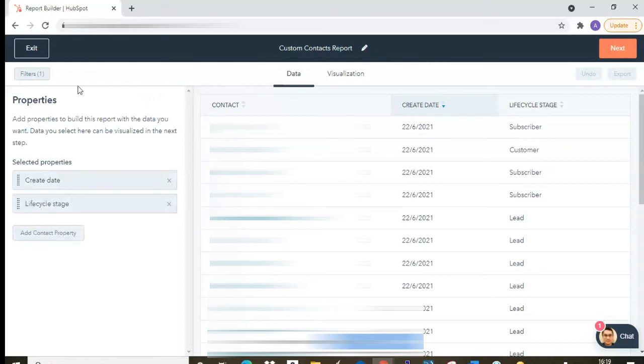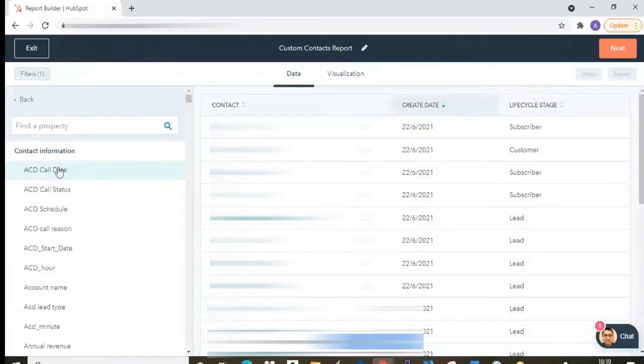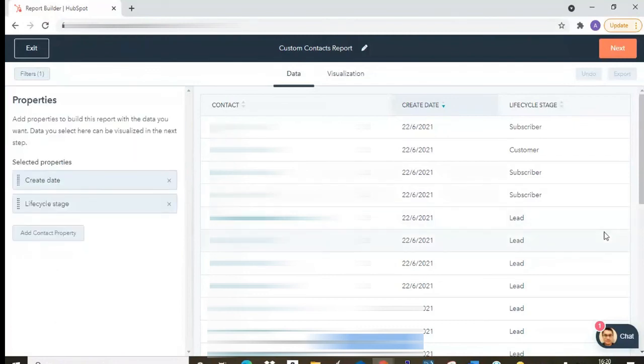Now, once the filters are applied, these are basically the columns. You can treat it as an Excel, where you have 2-3 fields and want to have 4 to 5 fields to analyze. This add contact property gives you a feature where you can add n number of columns from here, and when you add, it will be automatically reflected. This is for when you want to analyze the data in a dump kind of way.